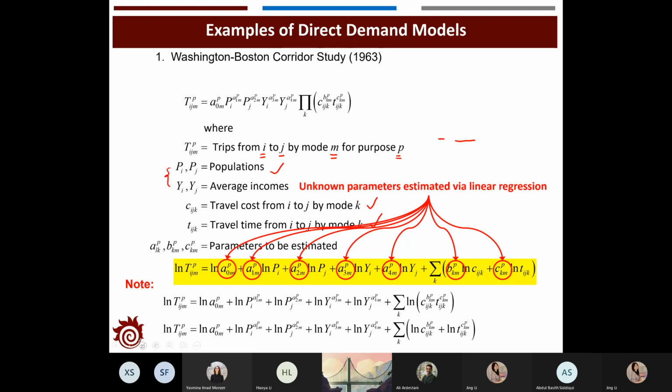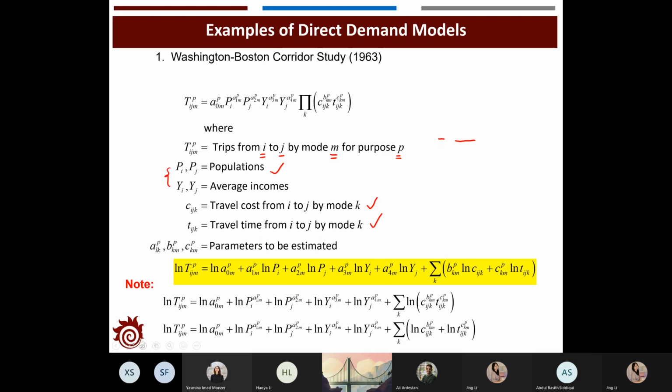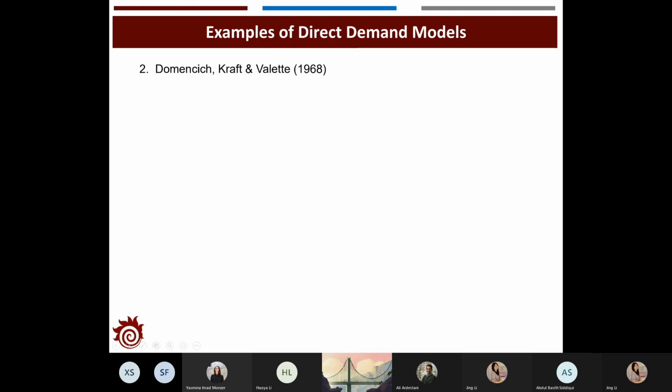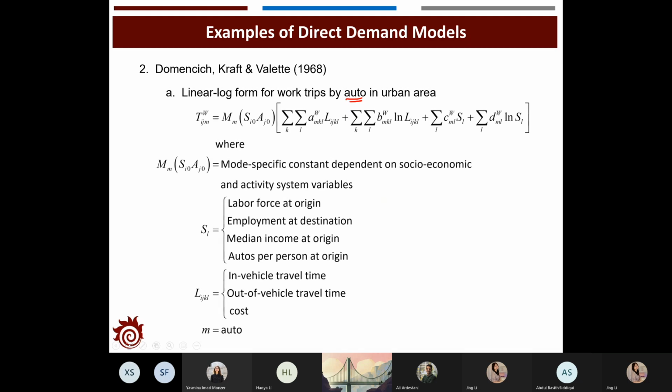direct demand model. The next example is the DKV model. It was proposed in 1968; you can see these are all old models. This one applies a linear log form to determine work-related trips by passenger cars in urban areas. So the equation is designed just for the work trip and passenger cars. And this is the expression of the